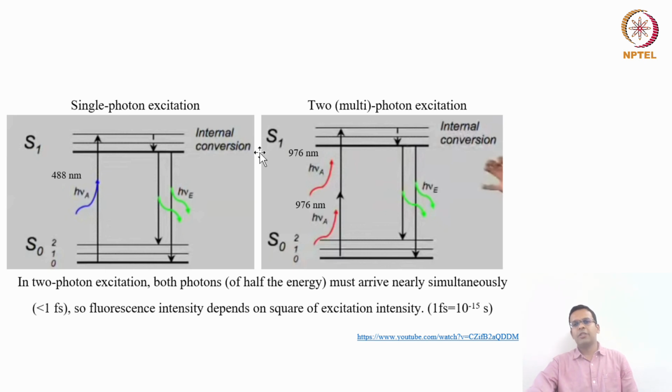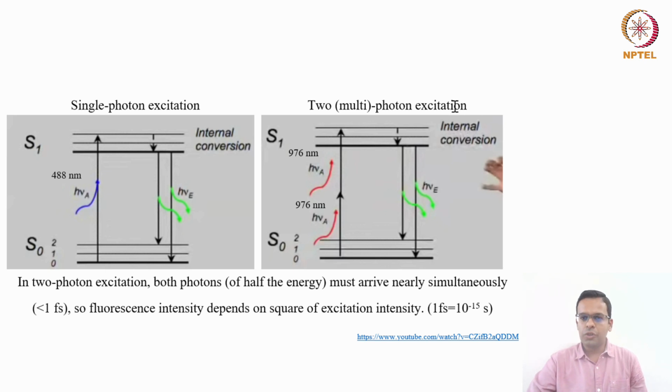Let us see how this two photon microscopy works and why the name is two photon. The other types of microscopy that we studied till now are all considered single photon excitation. Why single photon? Because for illuminating any dye, for example if you want to see GFP, you illuminate with 488 nanometer light. A single photon will excite the electrons from the ground state to a higher orbit. And when those electrons go back to the ground state, they emit light of a higher wavelength, which is known as the fluorescence.